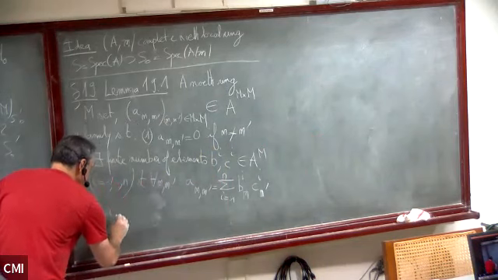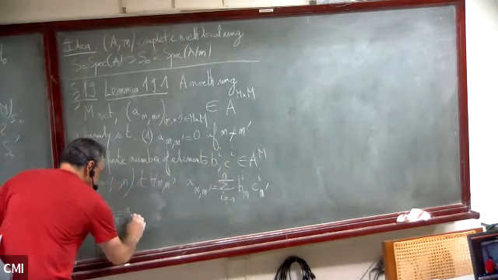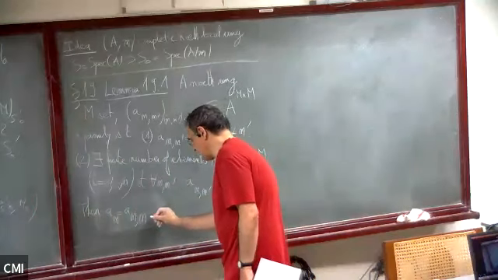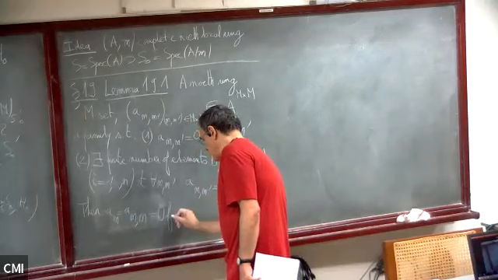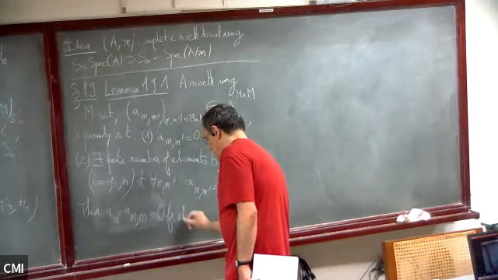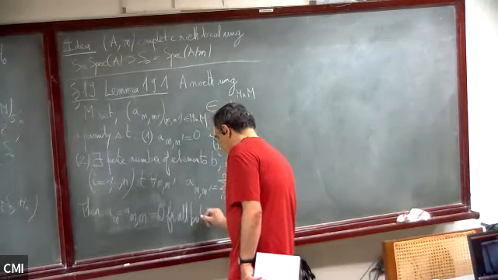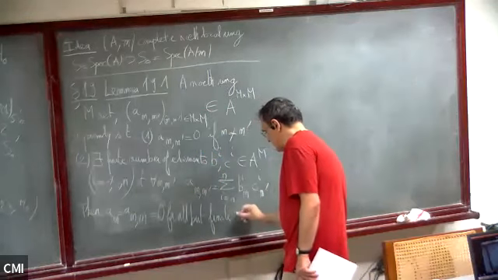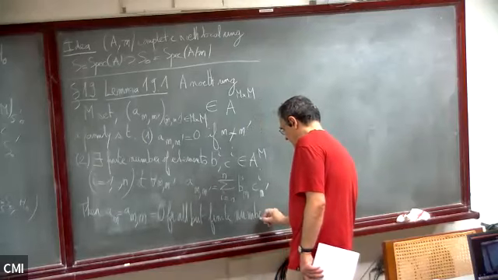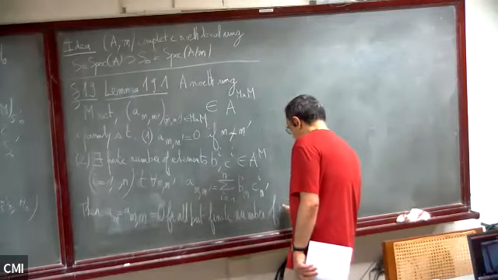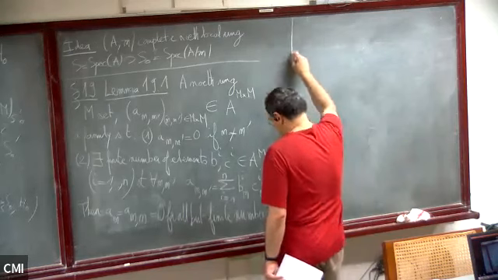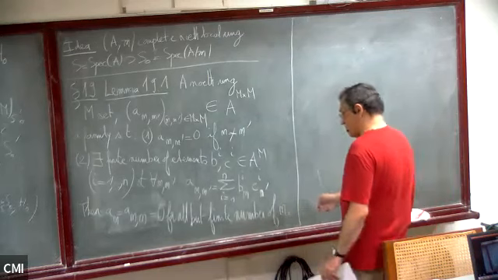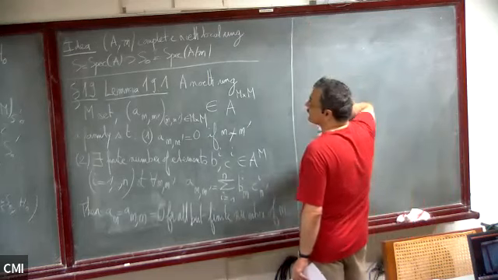Then the diagonal terms are 0 for all but a finite number of M. Okay, so this looks very mysterious, but what this says is that